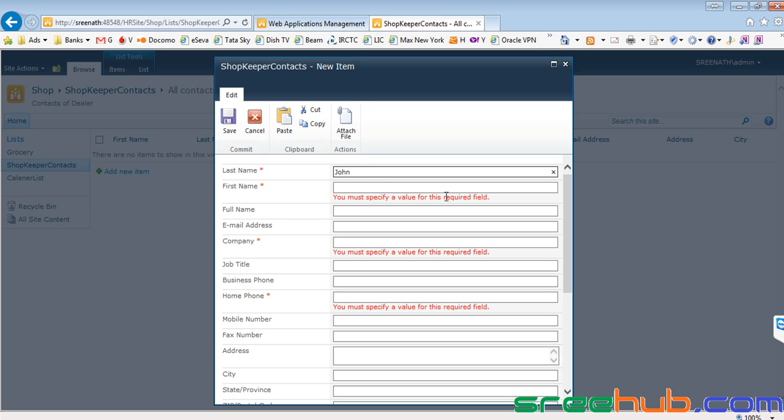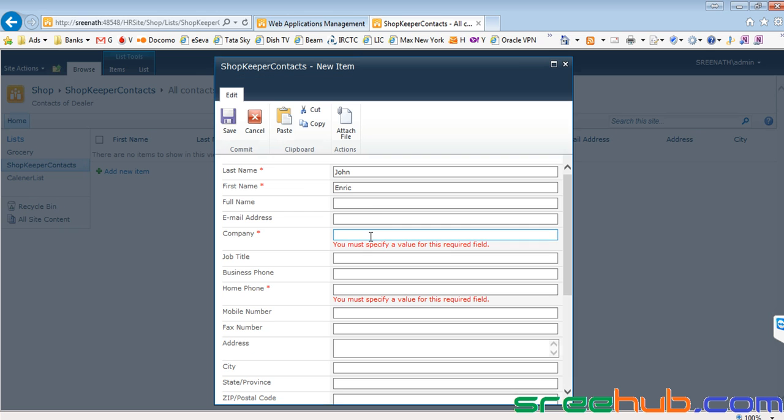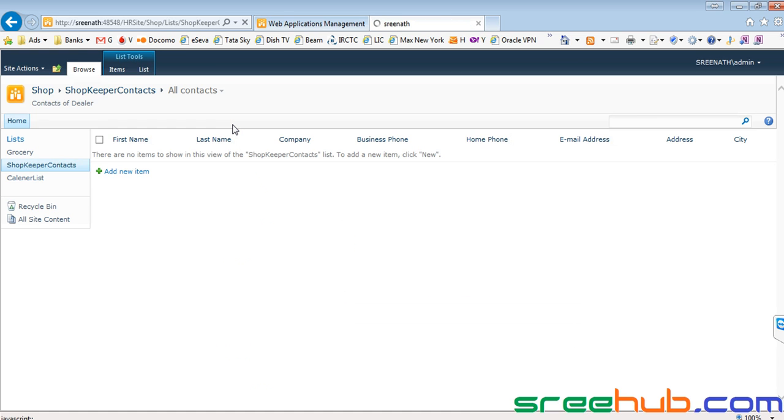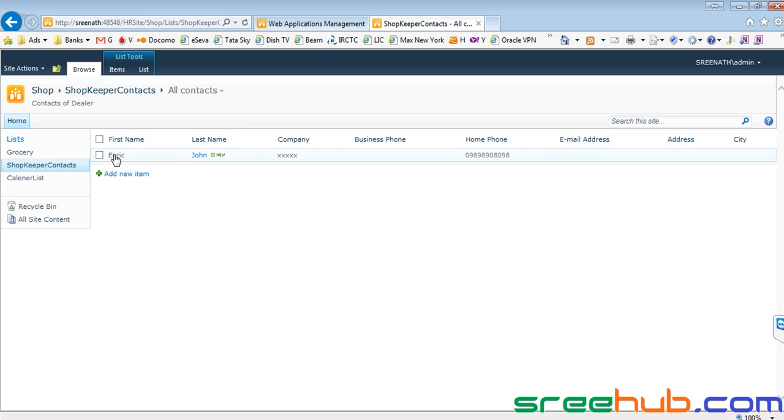It is again saying that you must add some specific value. Let me give some first name, Enric, and click on save. Okay, it gives the same error. So unless you give something, let me take company as some xxx, and phone number as some number, and click on save. Now can you see it got added, right? So that is how